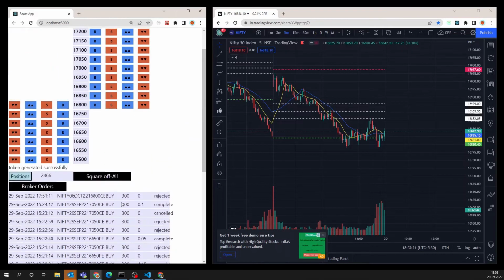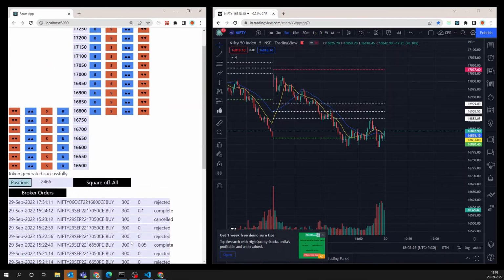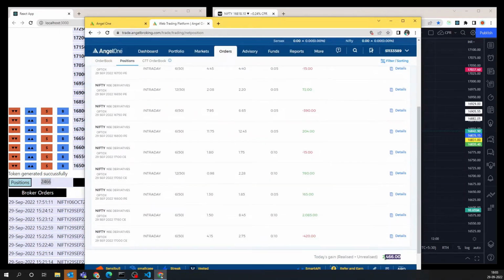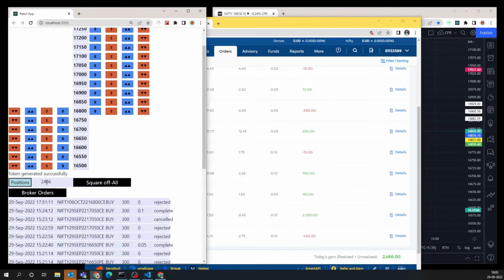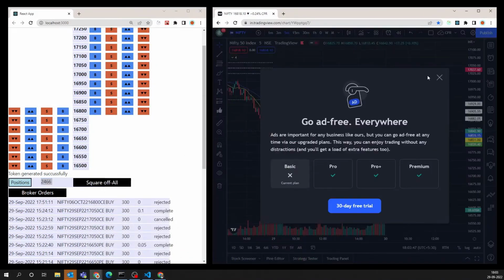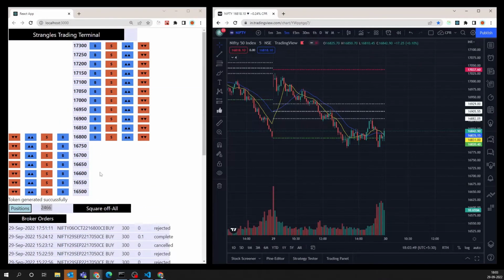If you remember, our position size was 300 shares, and what we could collect is effectively 8 points, right? And here is my broker's account, wherein you would see this amount matches with this one, right? So that's about the expiry. The most important thing which I wanted to convey here was my trading terminal.